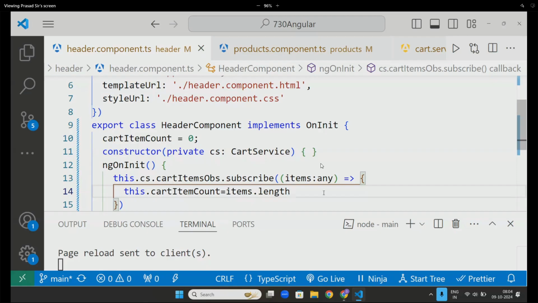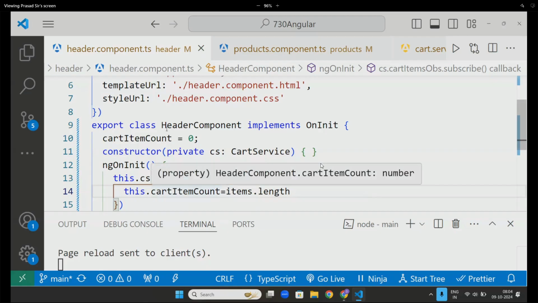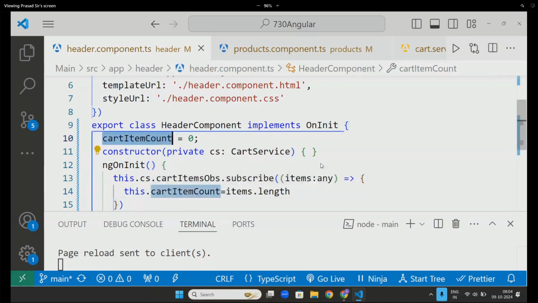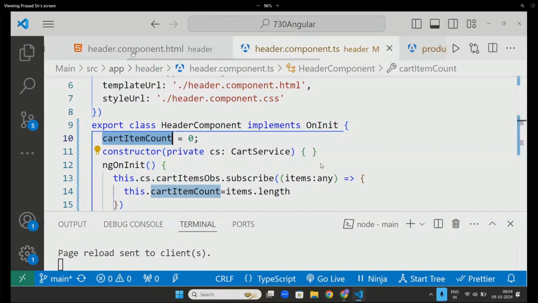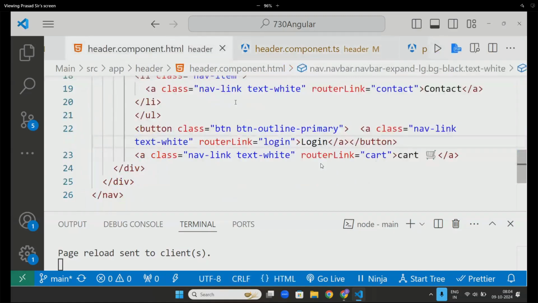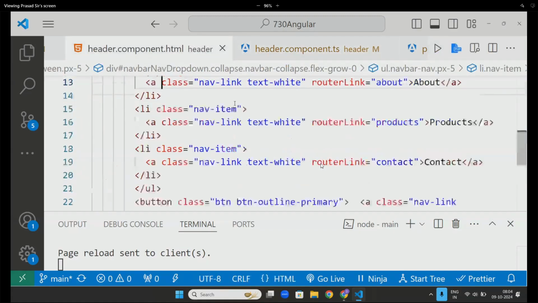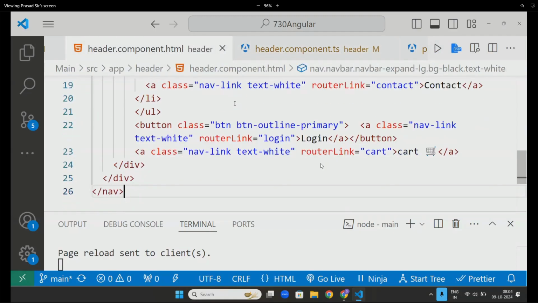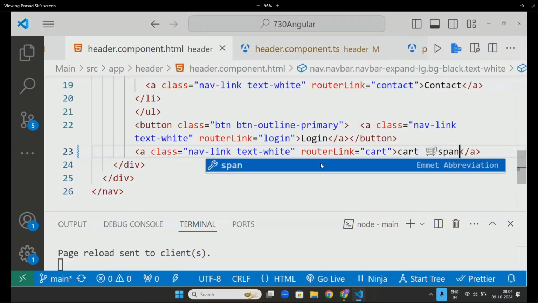Now this cart item count needs to be printed inside the header HTML. Go to header HTML, and here the cart symbol is there. This is the cart symbol. Here it will show. Here I will put something called a span.